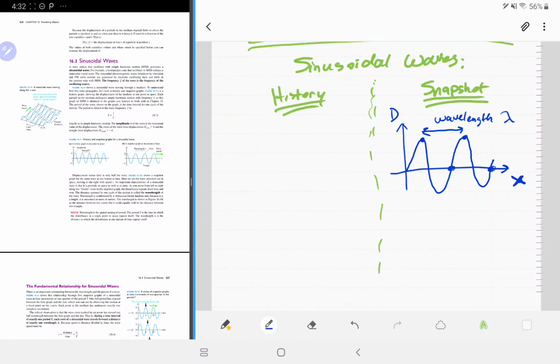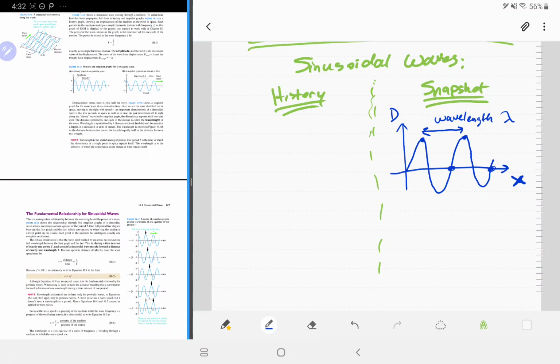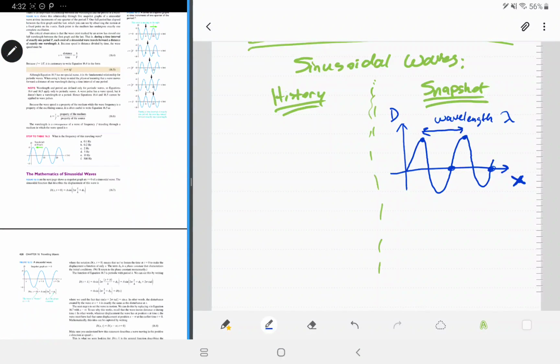lambda. So if I had a wave on a string, like a jump rope or something, and I had a regular up and down motion to where it looked like a sine or a cosine wave, I could describe it: the distance from one peak to the next peak is the wavelength. So we have wavelength